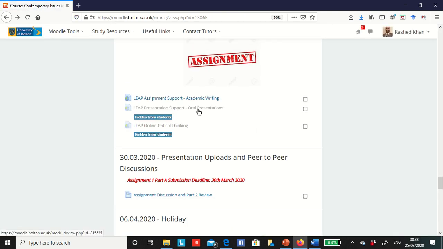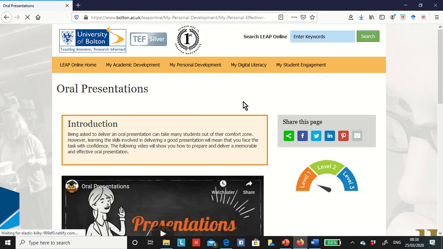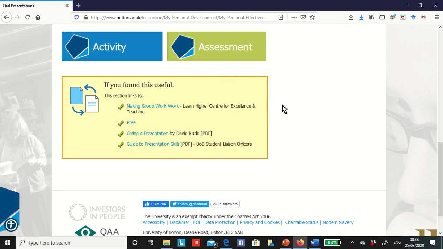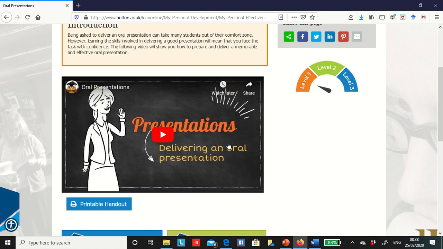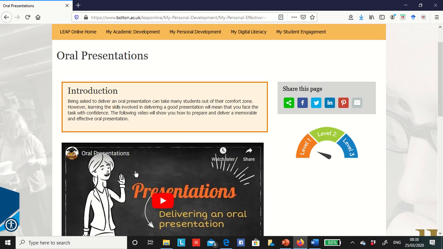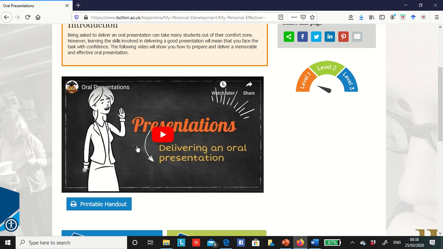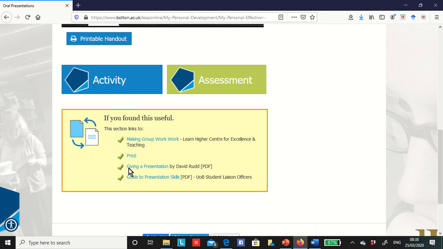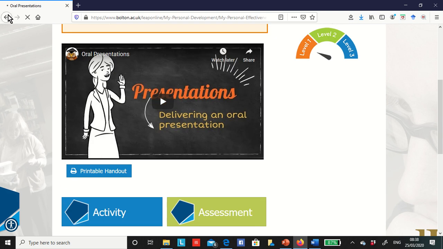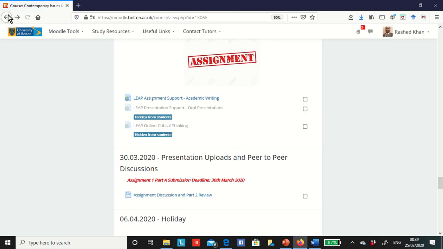you'll also see here the presentation guidelines. There is a video demonstration that explains how to make your PowerPoint slides, what the important things are that you should mention, and what you shouldn't do while you're presenting or making your presentation. Okay, so these are the guidelines you should follow.